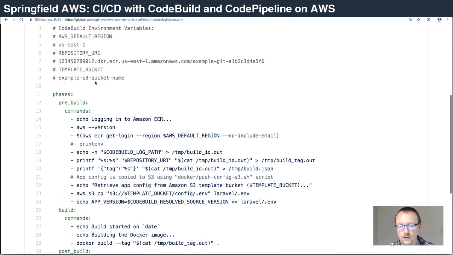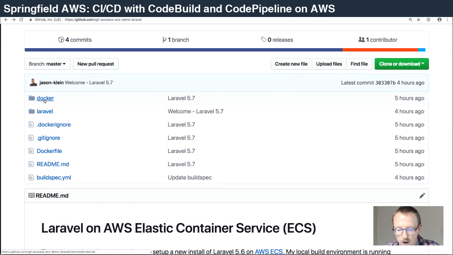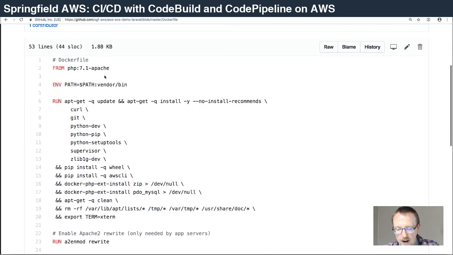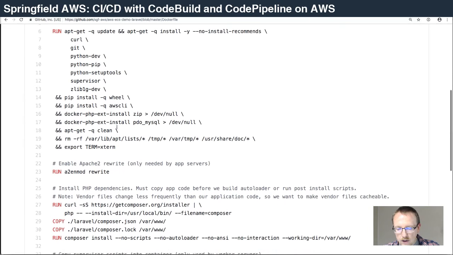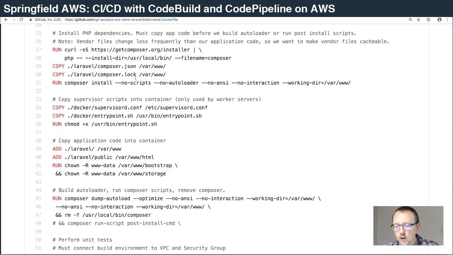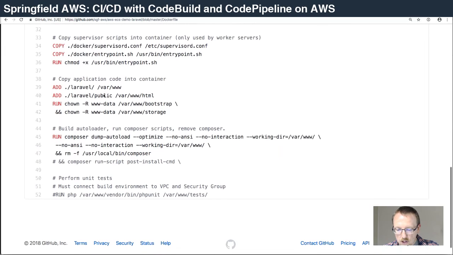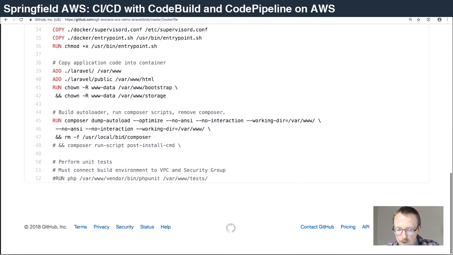And for anybody that's already familiar with Docker, I'll show you the Docker file for Laravel, so you have an idea of what we're talking about. We base it on a PHP 7.1 container. We add some packages. We set up Apache. We handle all of the composer packages, and then we get into Laravel specific things. But at the very end, we do some cleanup with Composer just to try and slim down the size of the